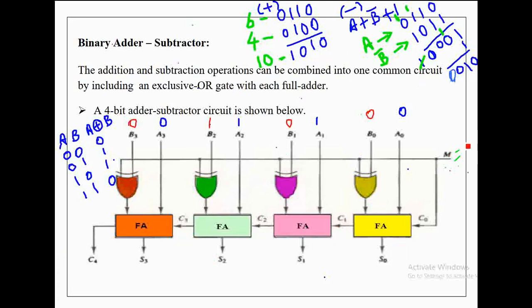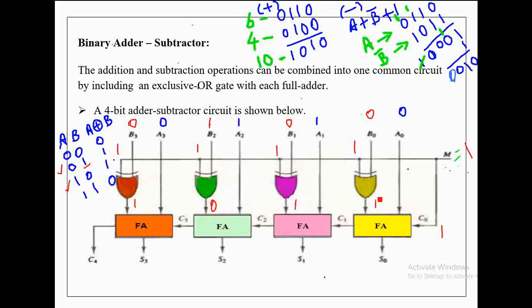Now let's assign the mode control signal value as 1 and check how this circuit performs the subtraction operation. Because whenever the mode control signal value is equal to 1, this circuit becomes a subtractor and performs the binary subtraction process. Now the mode control signal value 1 is applied as one of the inputs to all XOR gates and as the input carry to the first full adder of the circuit. When one of the inputs to the XOR gate is 1, the output of the XOR gate is equal to the complement of the bit values of B.